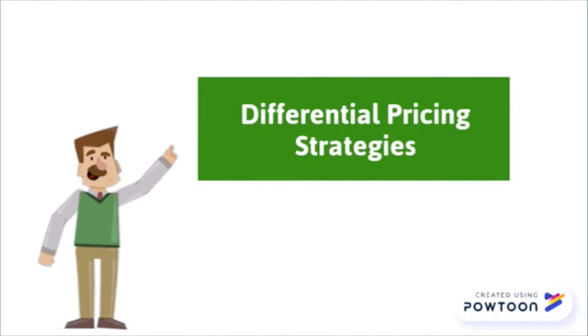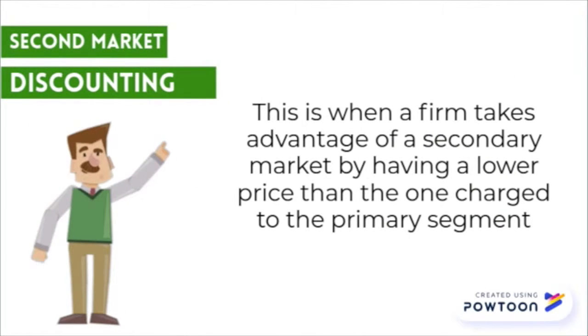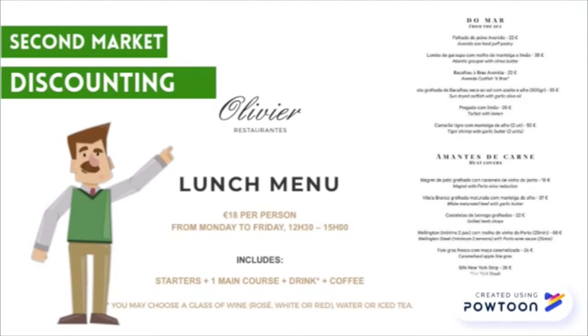Let's take a look at the first strategy. Second market discounting occurs when a firm takes advantage of a secondary market by having a lower price than the one charged to the primary segment. An example of this strategy is the lunch menu that many restaurants have. Like Olivier Veneda, the lunch menu of €18 is way too economic when compared with a single dish of €22. Here, the first segment is more of a luxury one, but the restaurant can still take advantage of the working